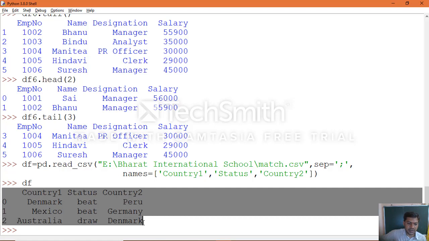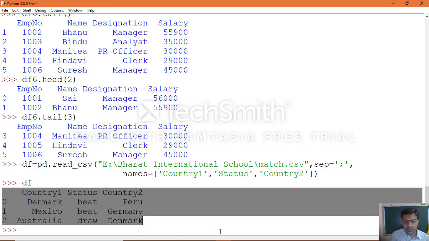Now we stored that data into a data frame object. Country 1, status, country 2 are the names which we used, column labels, column headers. So Denmark beat Peru, Mexico beat Germany, Australia draw Denmark, the Australia Denmark match got draw, like that, which you can specify as information within your CSV file.